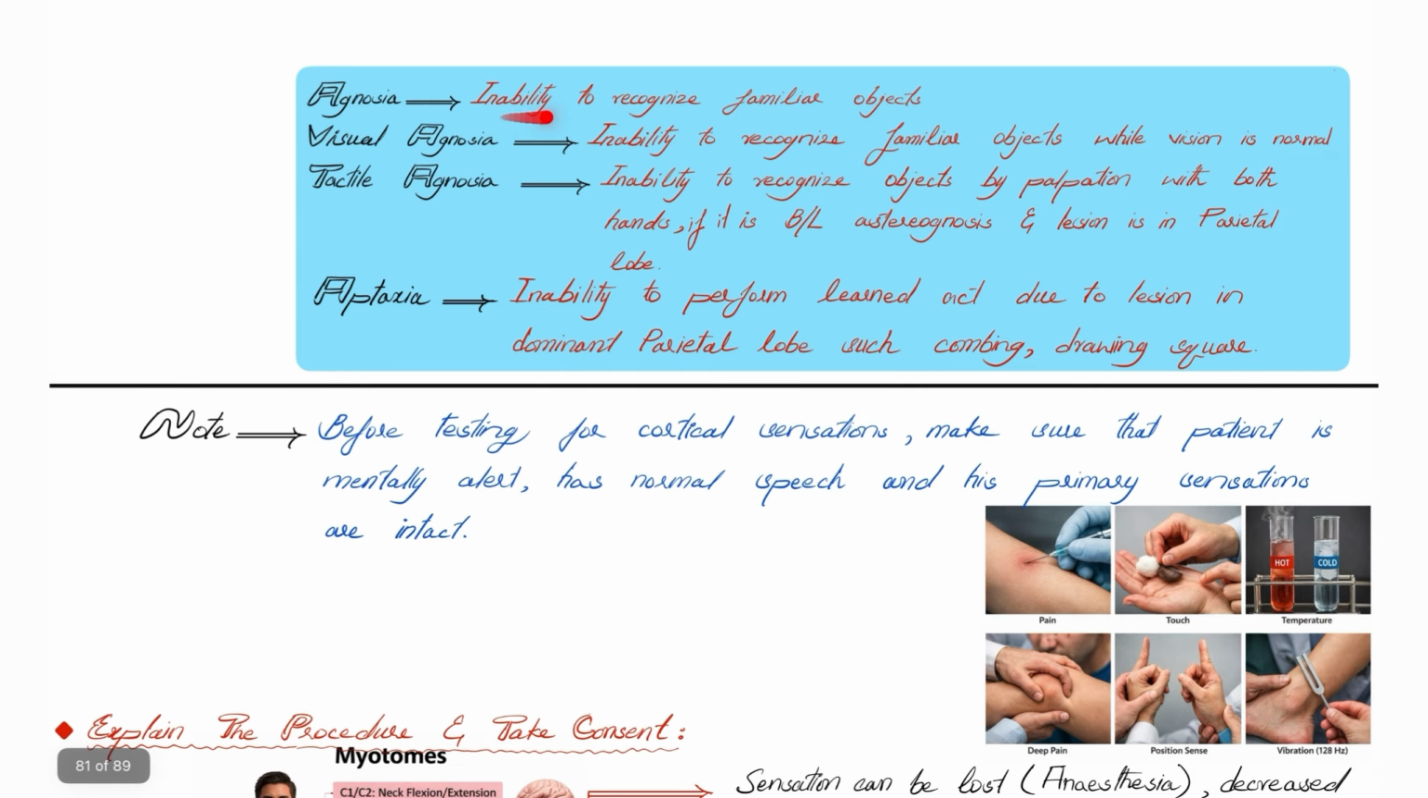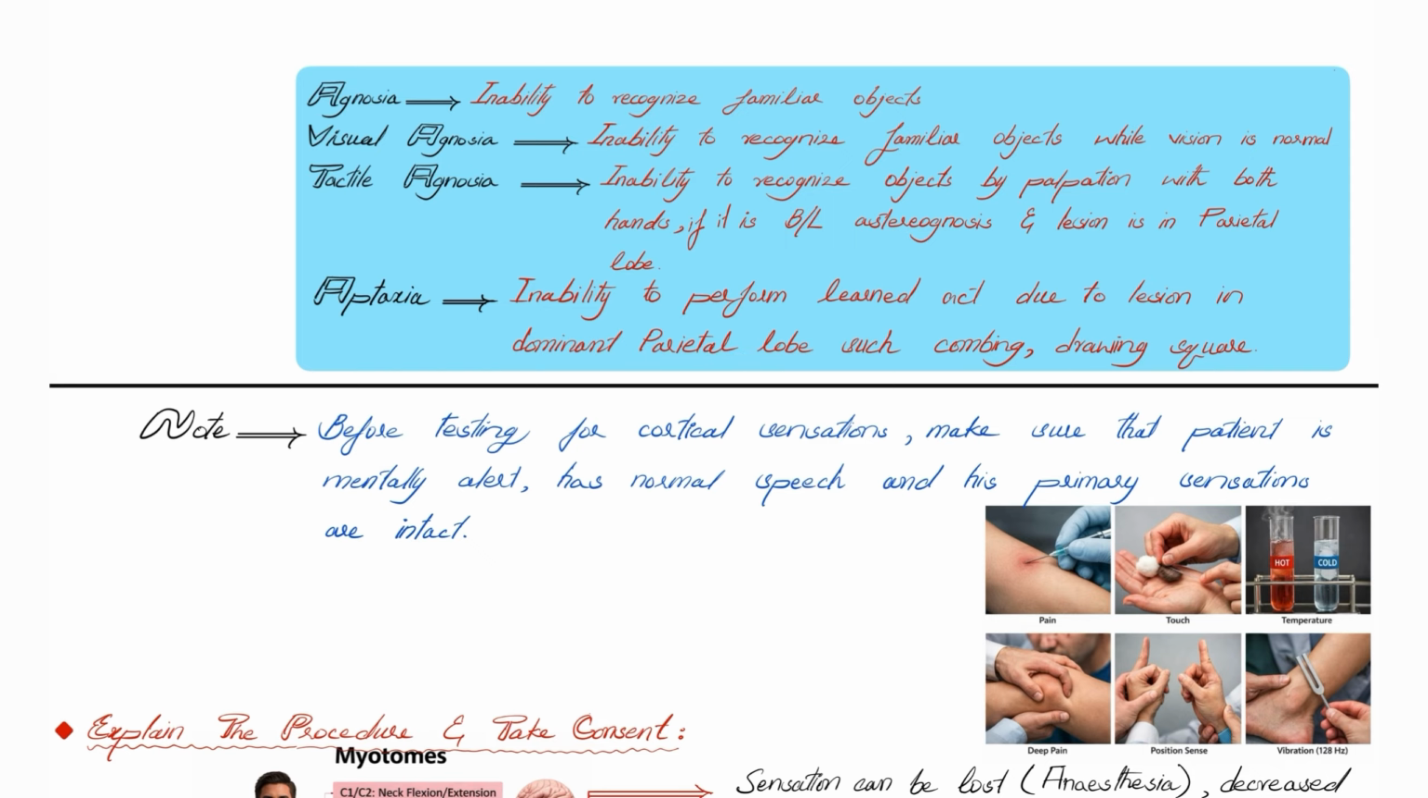Agnosia means inability to recognize familiar objects. Visual agnosia means inability to recognize familiar objects while vision is normal. Tactile agnosia is being unable to recognize objects by palpation with both hands. If it is bilateral, or if there is bilateral astereognosis, then the lesion is in the parietal lobe. Apraxia is inability to perform learned acts due to lesion in the dominant parietal lobe, such as combing, drying, squaring, and